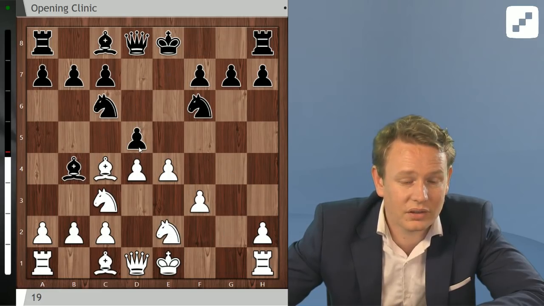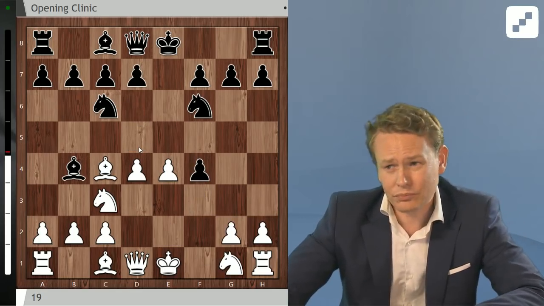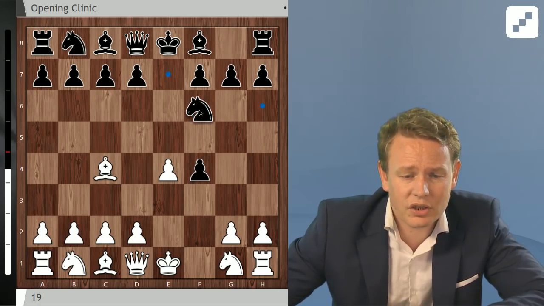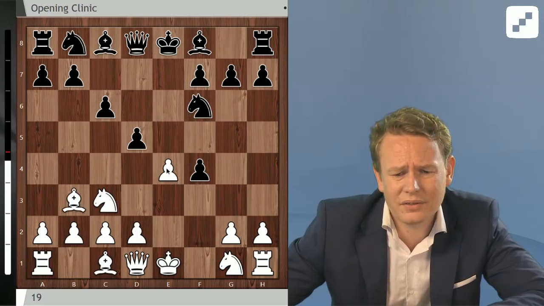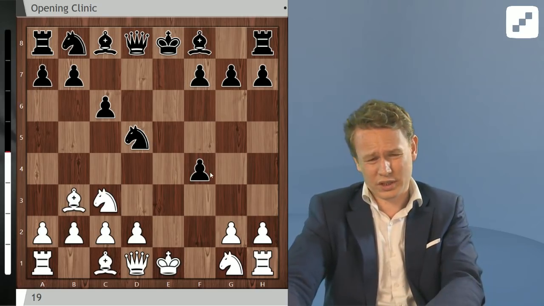And black is better as well. So knight c6 is a good move. For more details, you can check out Ivan's book. In your line, knight f6, knight to c3, c6, bishop b3, d5, ed. I think knight takes d5 is a fairly simple solution, which...